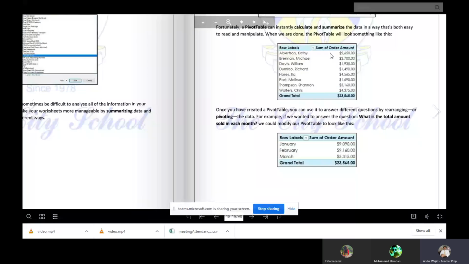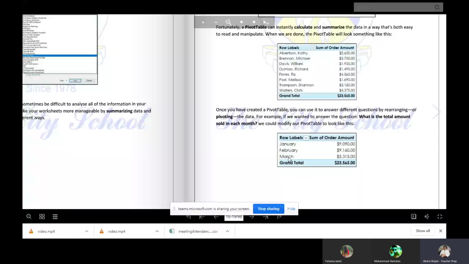Once you have created a pivot table, you can use it to answer different questions by rearranging or pivoting the data. For example, if we wanted to answer the question, what is the total amount sold in each month? Now you will see the months January, February, March, these 3 months.